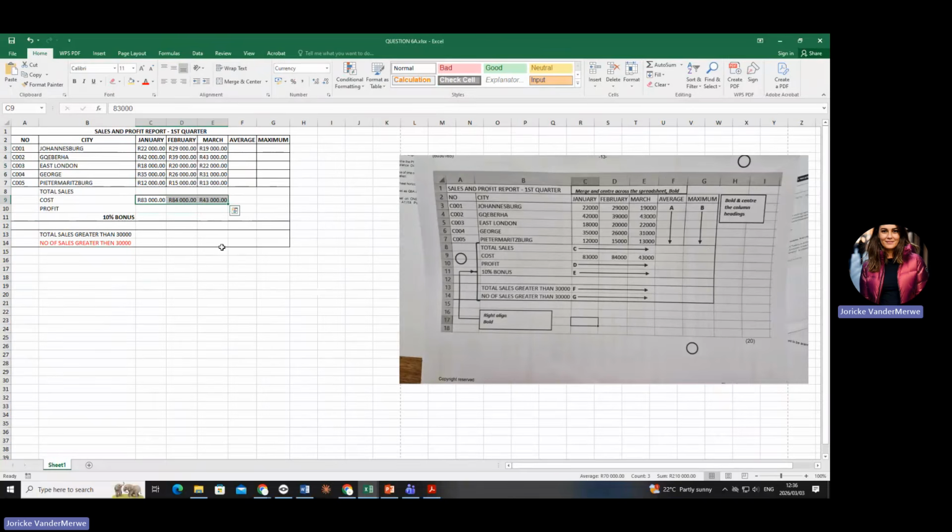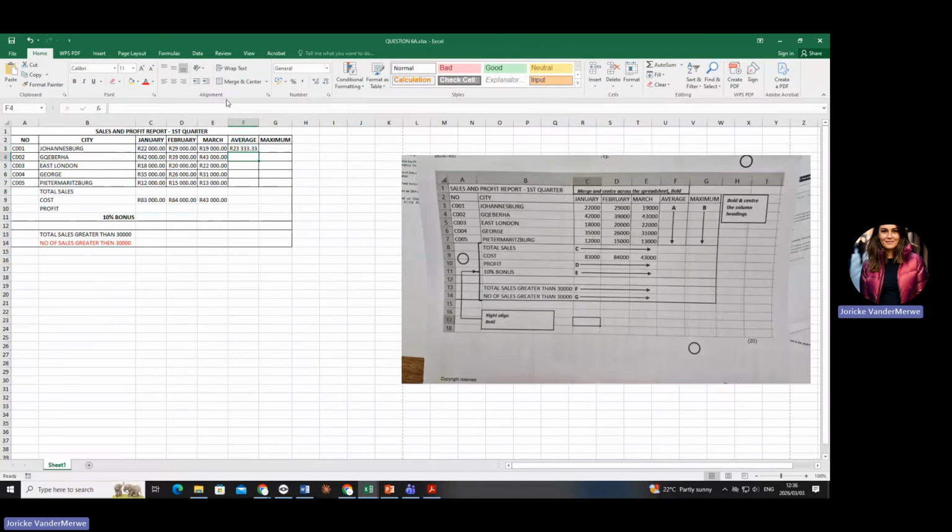Okay. They say you must go to A and determine the average sale in each city. Okay, now average is a function you had to learn in Grade 10. So you're going to start with an equal sign and say average, double click, select the 3 things that you want because it's in the city, press enter. And then do you still remember that arrow pointing down means you need to take that little arrow or cross and take it down all the way. Are you with me? Can you all do that autofill? All right. Now, that is A. We've done A. Let's go to B.